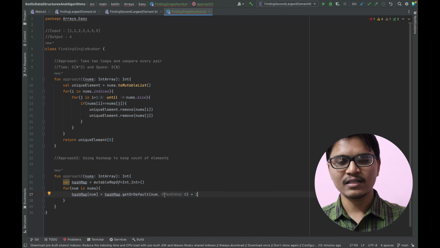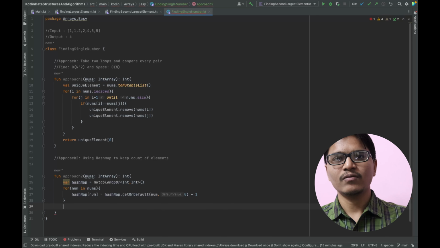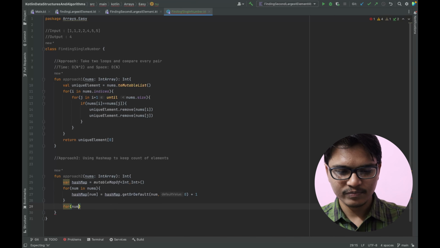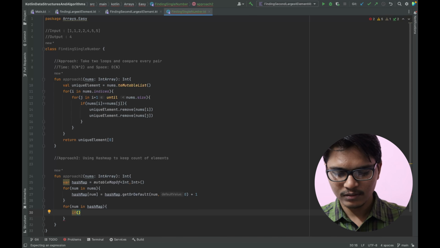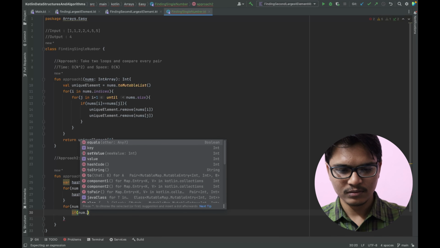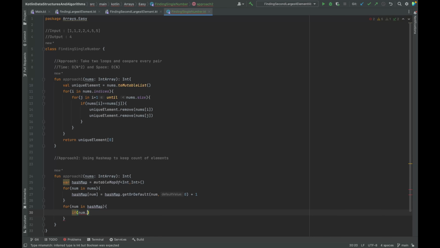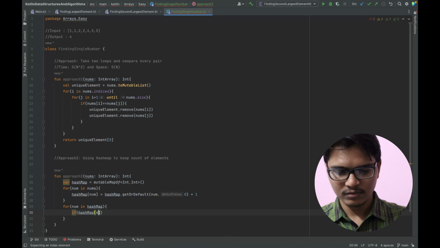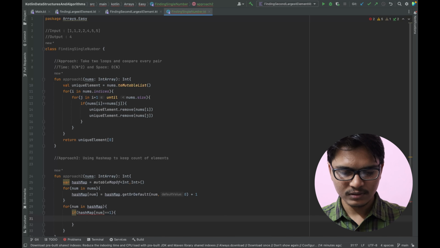If it's already there, we'll take that number and then add one to that. Okay, so now we have stored the element and its count in the hash map. Again, now iterating the hash map, for num in hash map, okay, if num dot, so if hash map of num equals to 1, then what I do is,